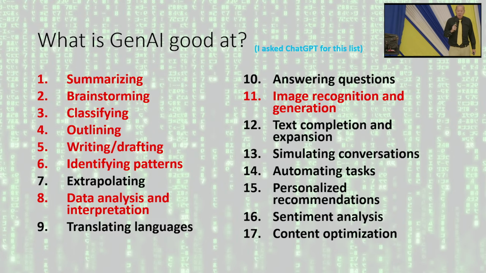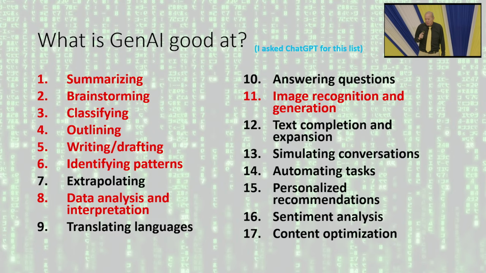Now, we had a version of this same slide this morning, but I know not everyone was here this morning. And so I wanted to remind us that these are the things that ChatGPT, or generative AI itself, is good at. Because I'm going to lean into those things. And again, you can't see the coloration, but the ones that are colorized, 1 through 6 are in red, 8 is in red, and 11 is in red.